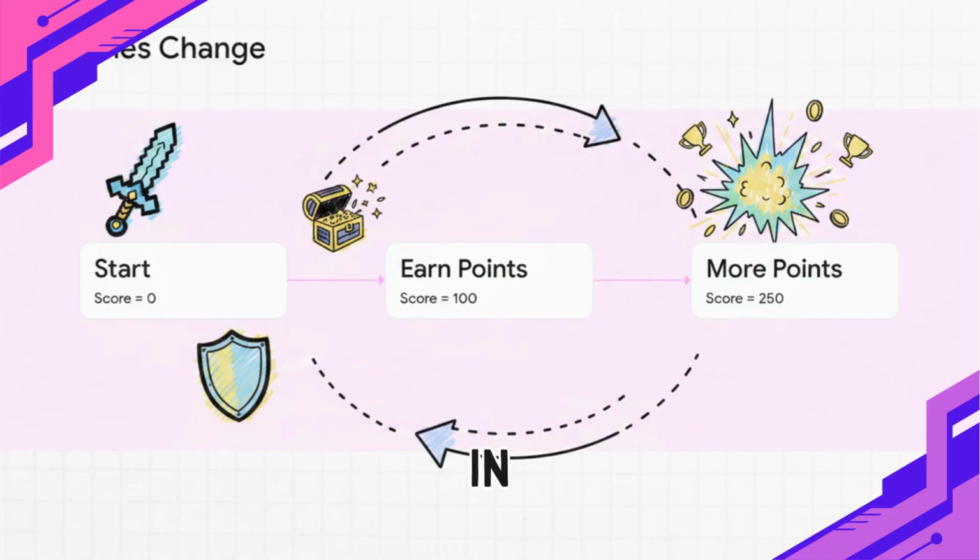When you first start, in step 1, the computer creates a variable, a box, labeled score, and it drops a 0 inside it. In step 2, you defeat an enemy and earn some points. The computer doesn't create a brand new box. No, it goes to the existing score box, takes out the 0, and puts in a 100. In step 3, you earn even more points, and it updates that exact same box to 250. The label on the box, the variable name, stays exactly the same, but the information inside changes as the program